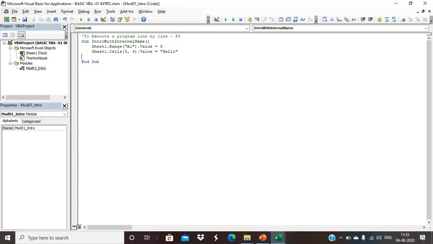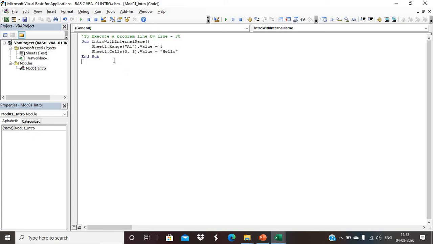So if you make a mistake with case sensitivity, it is not going to harm your program, because VBA will auto-correct it itself. So this is the first thing we